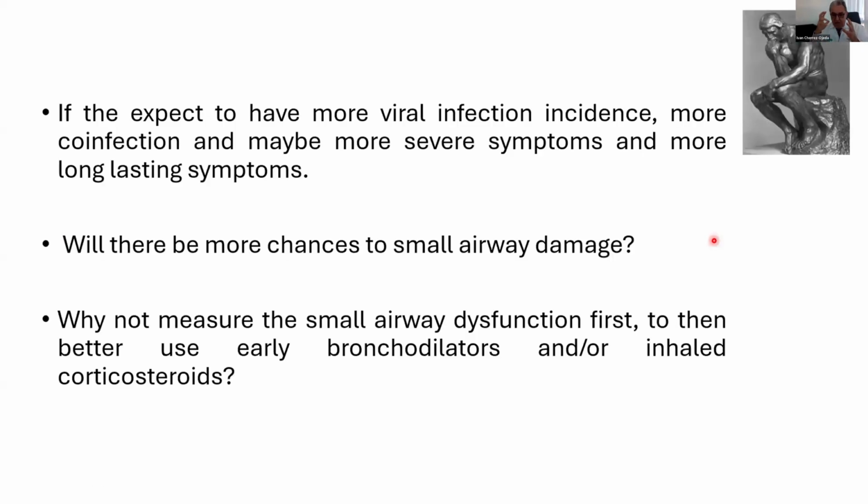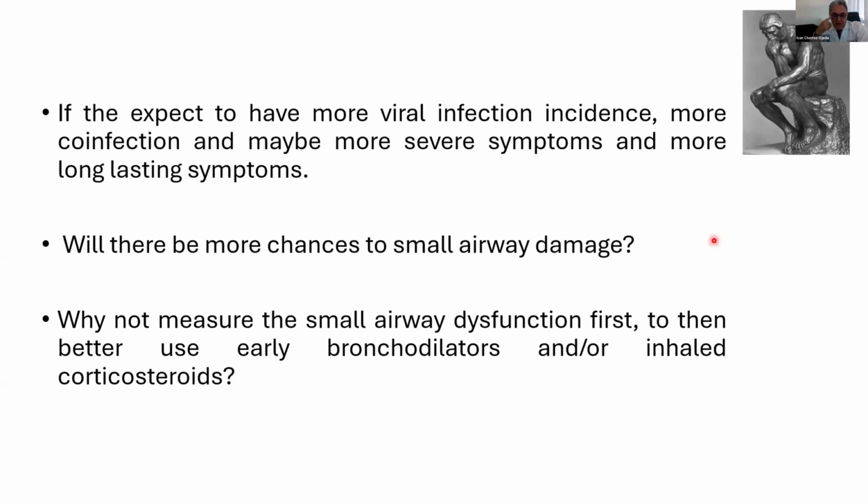Therefore, we think if we expect to have more viral infection incidents, more co-infection, and maybe more severe and more long-lasting symptoms in the coming days, will there be more chance of small airway damage? And if this is a fact, why not measure the small airway dysfunction first to then better use early bronchodilators